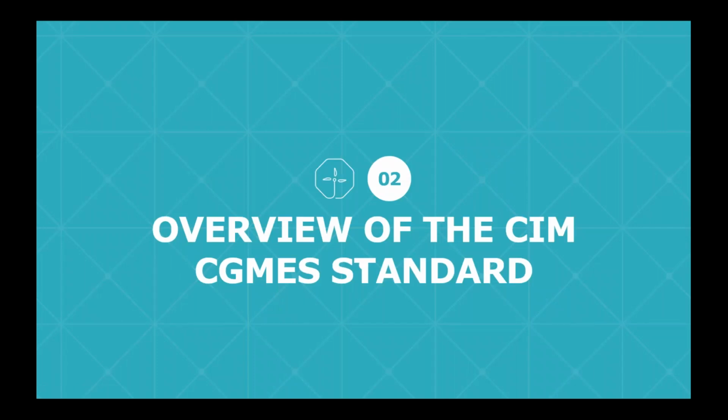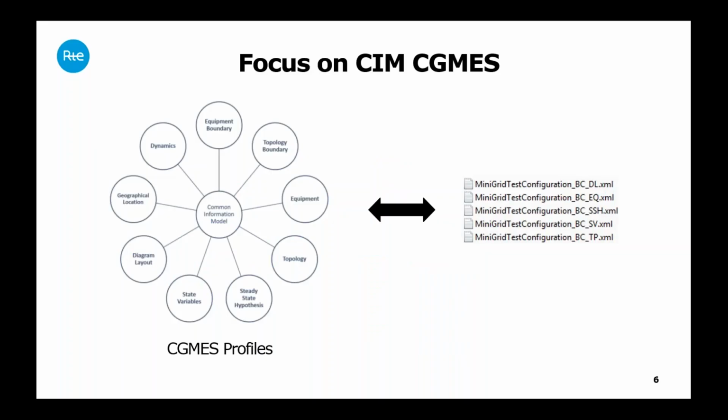So I will now explain what CIM and CGMES are. CIM means Common Information Model. It's a standard format that attempts to be accessible and understandable to all. And using a standard for data portability facilitates the exchange of power system networks between and within companies. But CIM is wide. We can have, for example, market data in CIM. We can have trades, balancing, resource management, etc. But for us, what is important is